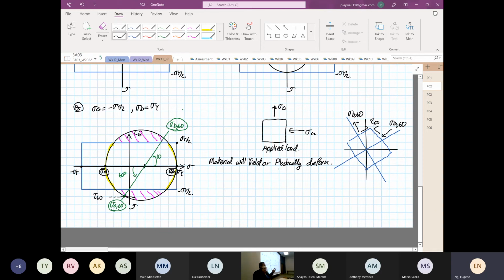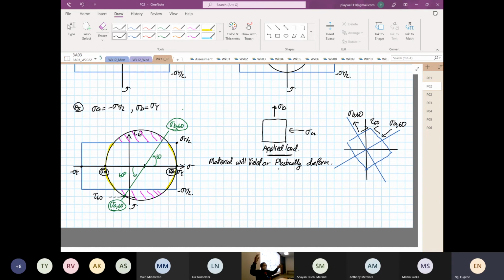It will be outside the what? It will be outside the operating boundary. Can you see that? So the material will yield. No doubt, this is the applied load. The applied load did not change. I repeat again, the applied load is still constant. So the applied load are still within the what? Within the